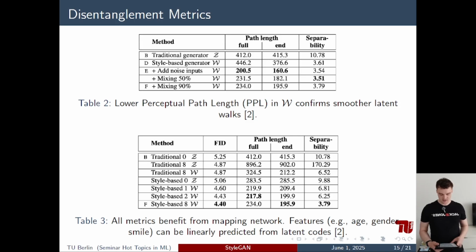So disentanglement, briefly to mention: if your space is disentangled, it means that you can tweak one component of the vector, and then you will get a slightly different image instead of a completely different one. Or if you change the direction of the vector slightly, then maybe the head of the person will turn slightly. And to measure this, they are using perceptual path length, which is responsible for measuring the